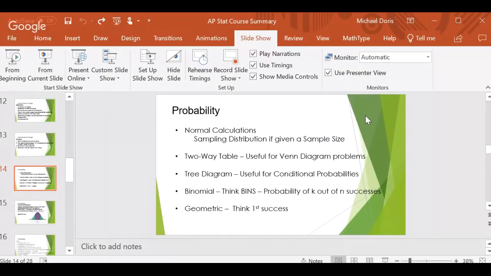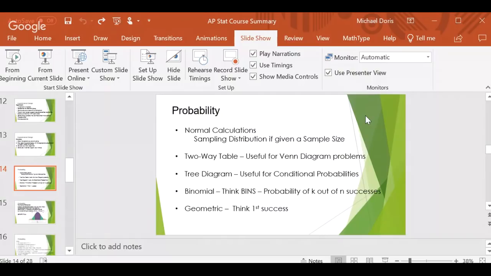Then we launched into probability. We actually did normal a little earlier, but anytime it says normal in a multiple choice question, you should think about norm CDF, inverse norm. It's coming up. Remember that two-way tables are really useful. No one's really going to use Venn diagrams on this. I mean, I would use two-way tables. So if it's any of those probability rule problems, see if you can use your two-way tables to organize it